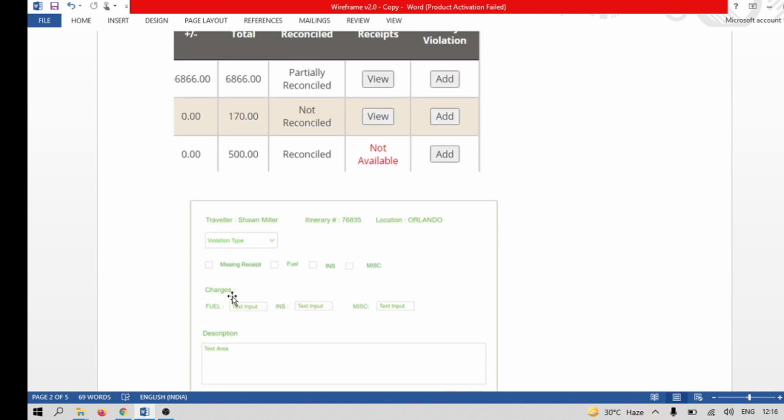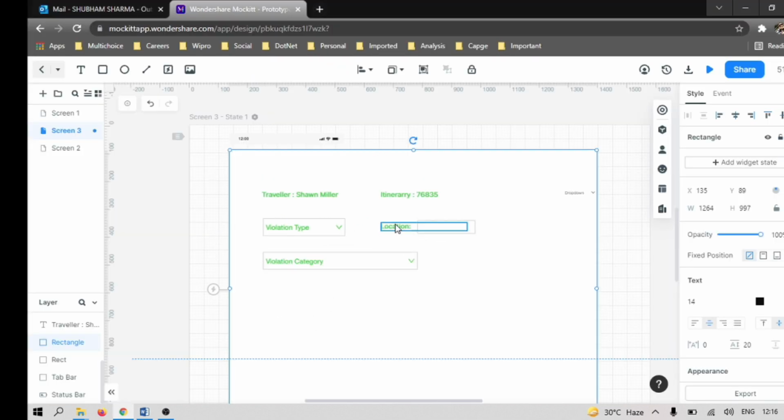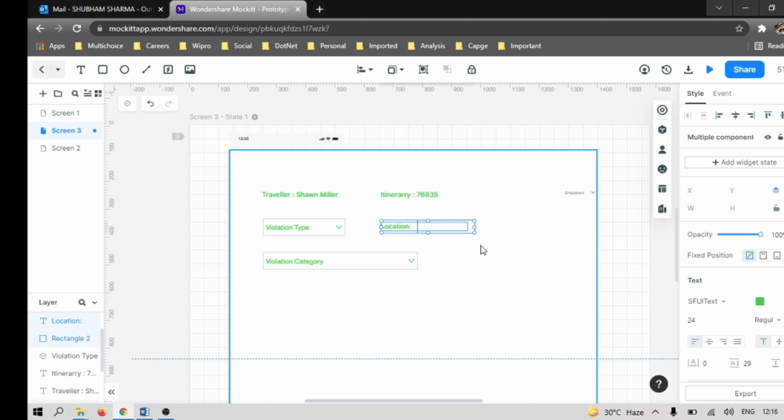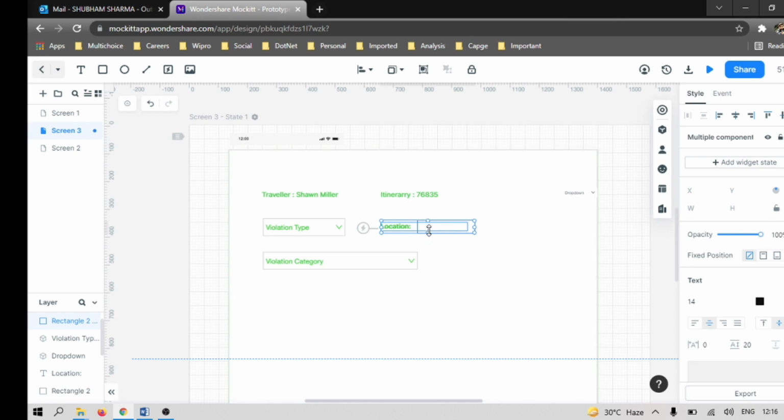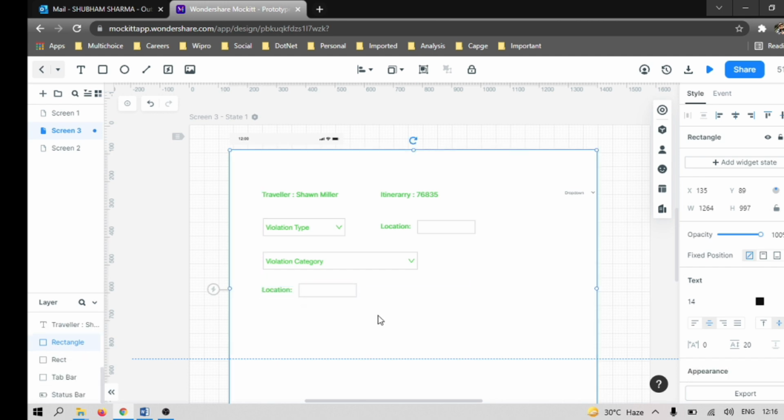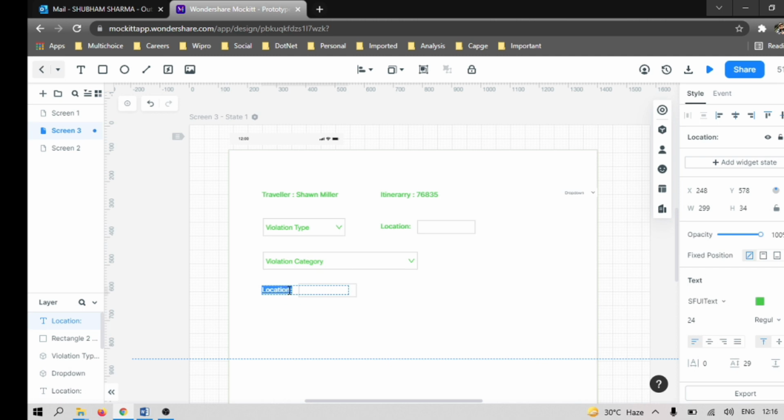And one more text box we need to put for charges. Okay, so we can click shift plus control. Now you press shift with this text box and control, you would be able to select this. Okay, then you can copy and click here and paste. Okay, so we just have to update this thing.